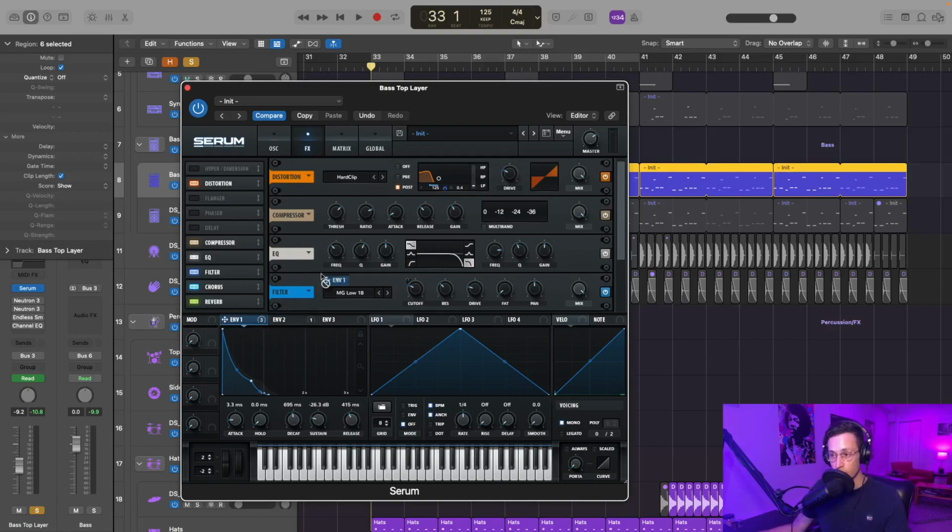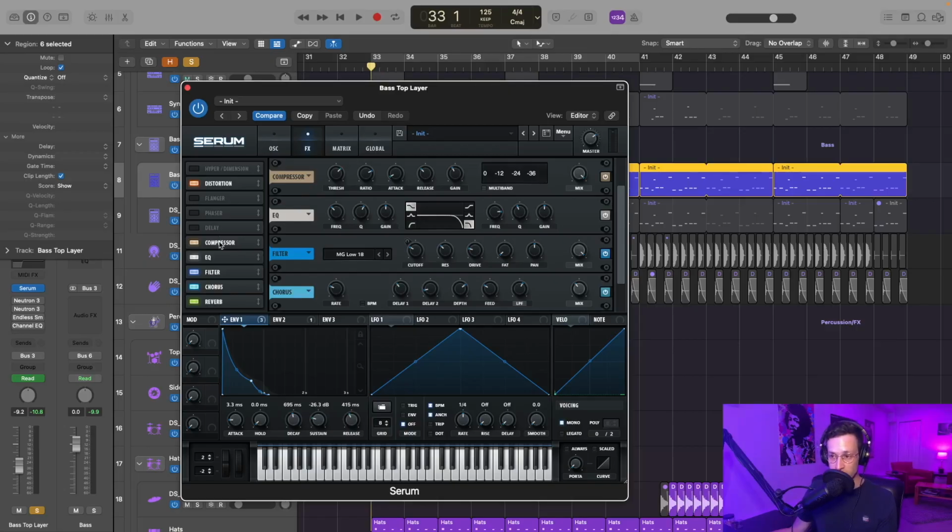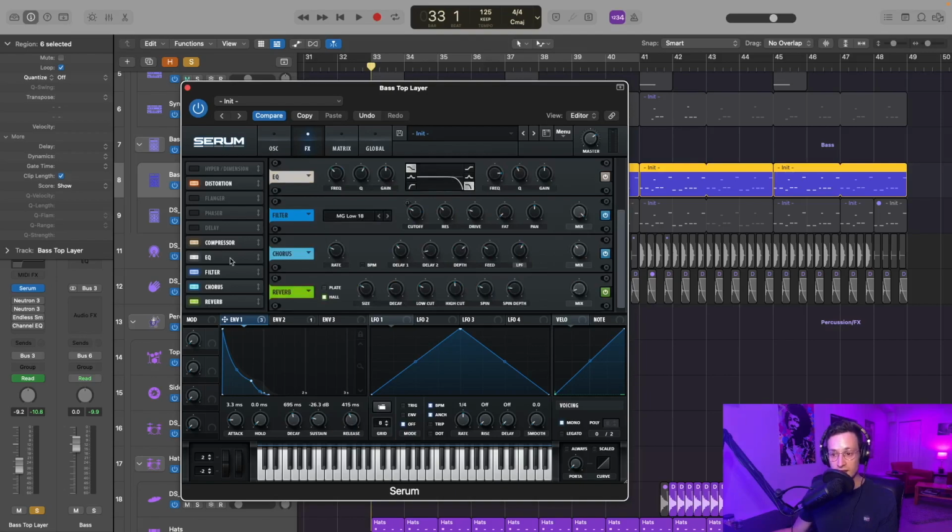Next, let's take envelope 1 and drop it right onto the frequency of the filter in the distortion. For this parameter, I have it set to about 28. This is going to add some extra character to the bass and make sure that that hard clip isn't coming through too hard. Next, we move on to a compressor to shave off the tops,